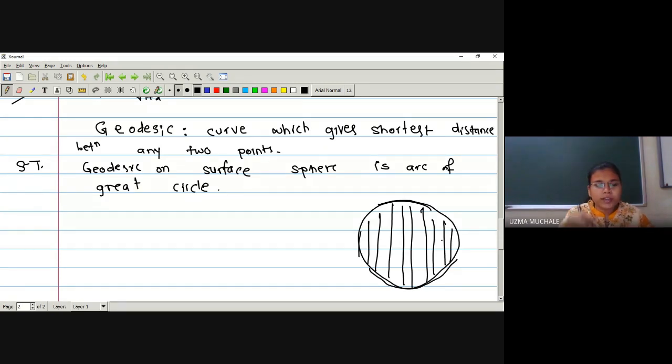Okay, so whenever you cut it through the center of the sphere, what will you get? Imagine that there is nothing inside. Okay, sphere means, there is nothing inside, no? Just like a football. Okay, so there is nothing inside and you have to cut it.